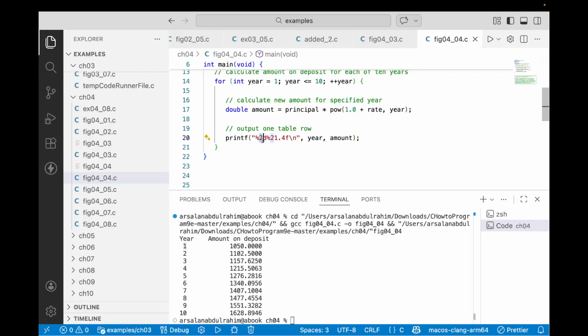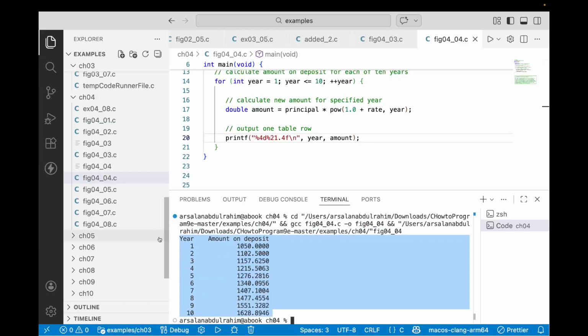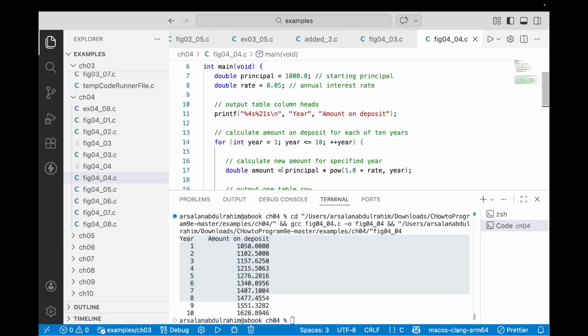be printed over there. So I make it back to 4, and this is just like arranging your data below a column. Now this looks better. This is without any table or any lines or anything like that, you have arranged your data. So with this percentage D over here, or just simply %4s and %21s, you are arranging all your data inside